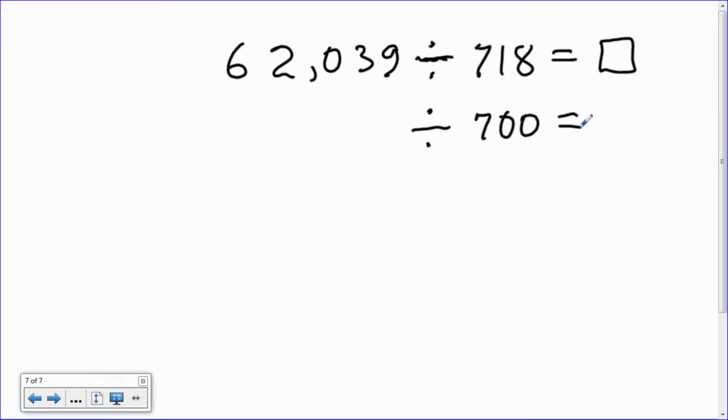Now, why do I like the number 700? Well, it's a friendly number. In fact, it's a very friendly number, and it only has one non-zero digit in it, a 7. So 700 is an approximation to 718, so I'm going to use 700 as a divisor instead of the 718, because it's a 3-digit number with at most one non-zero digit, a single non-zero digit of 7. And then I'm going to pick a number over here in this 62,039 that's close to it, that's